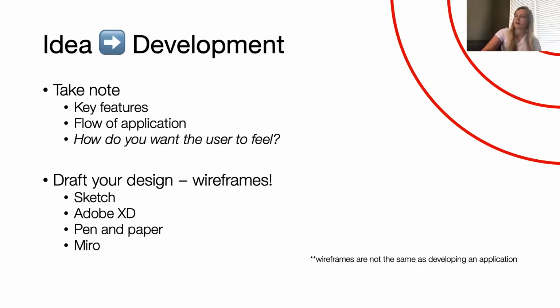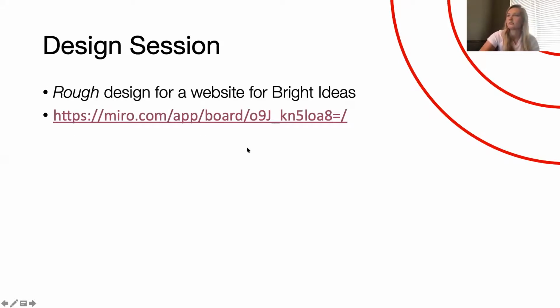Other types of wireframe applications could be using Adobe XD, or simply pen and paper. It's super old school, but it's also effective. You know exactly how you're going to draw it out, and you don't have to look for the shapes that you'll be using within another application. And lastly, there's this application called Miro, and that is what we are going to be using to create a rough design for